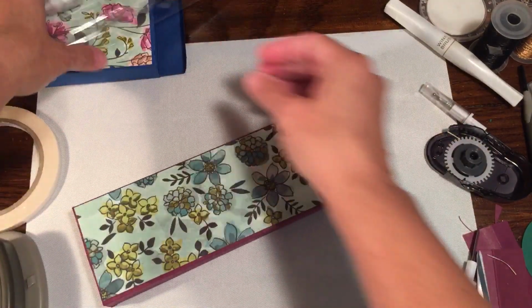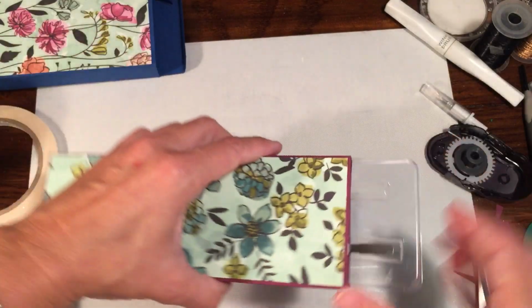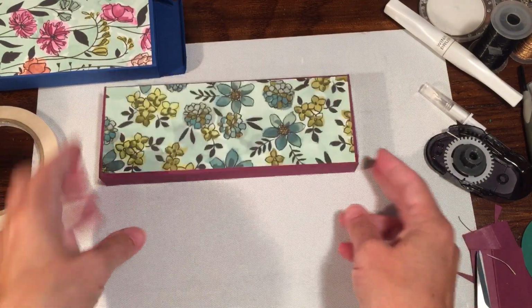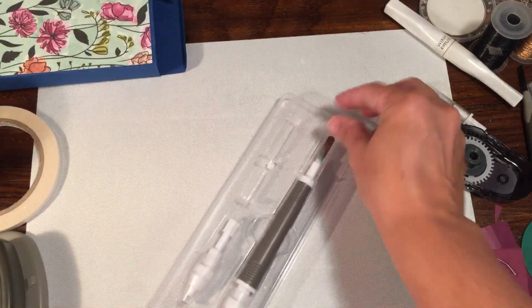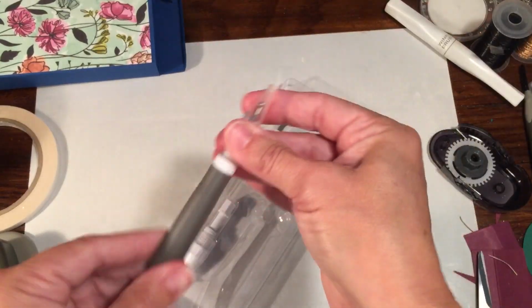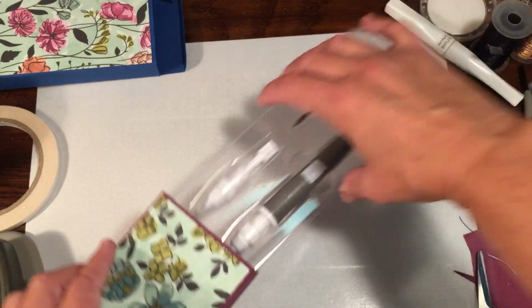And then the other thing is, once you slide your tool in, you can actually press. So you're going to just slide this right in. You can press that a little bit so it will stay closed. So there you go. So this one just slides right out. So it doesn't have an end on it. Slides right out. You can put your tool in there, take this off, put this one in. You'll have everything handy. It does come with a refill when you get the Take Your Pick, but you can also get putty